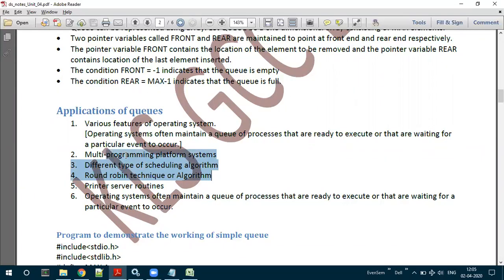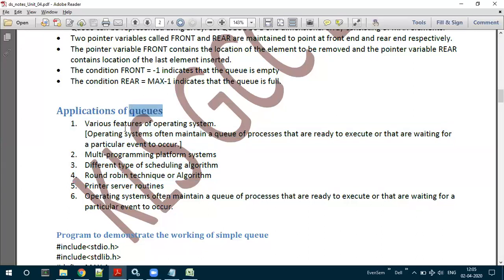All these points, from point number 1 to point number 4, you are going to study in detail in the next semesters. In the third semester, in the operating system subject, you are going to study all these. All these concepts are basically applications of the queue.